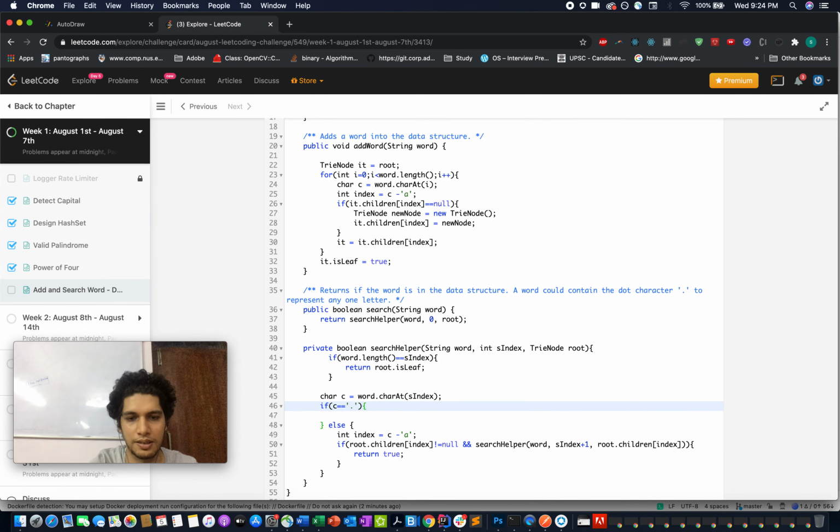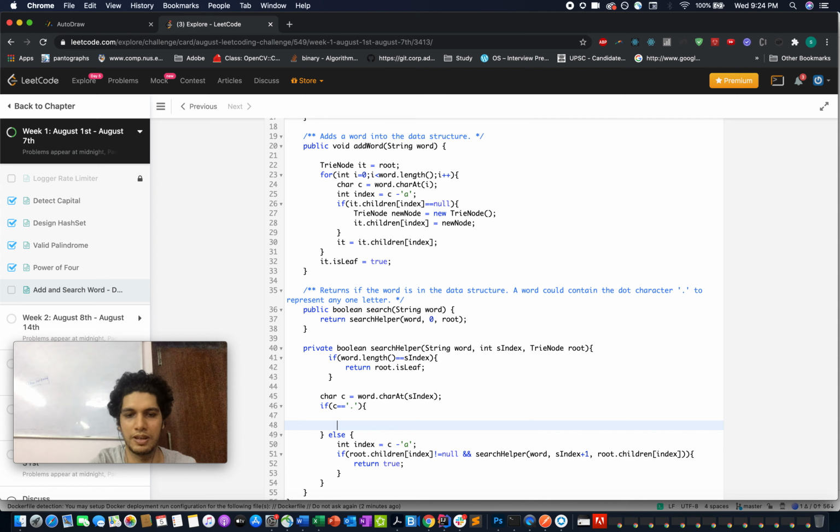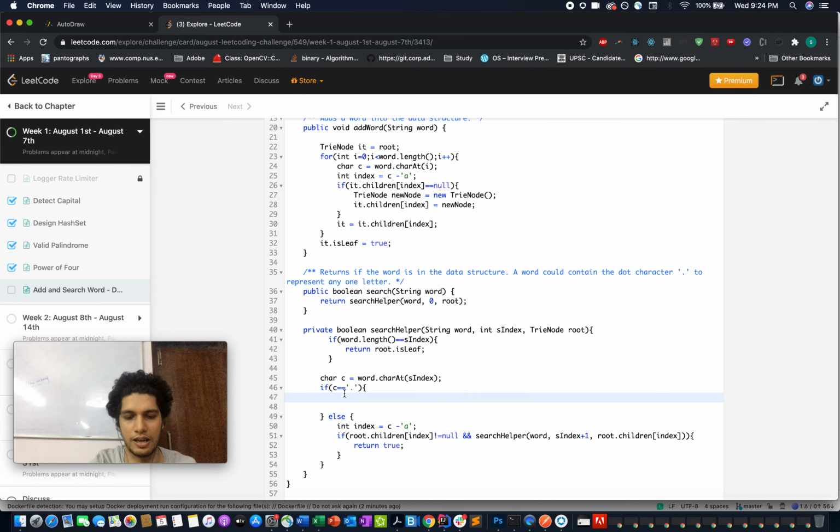Now we will be using the same logic and extending it, iterating over all the children, because it can match any of the 26 characters. i equals 0, i is less than 26, i plus plus.